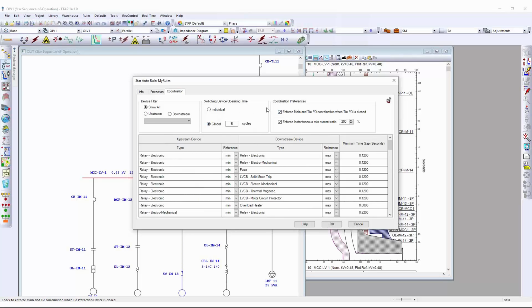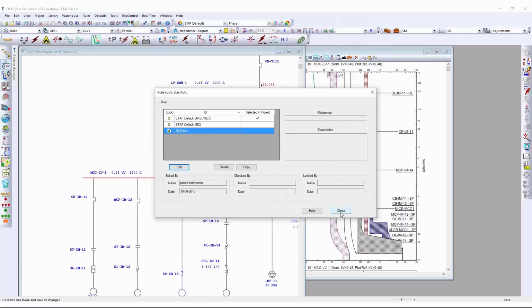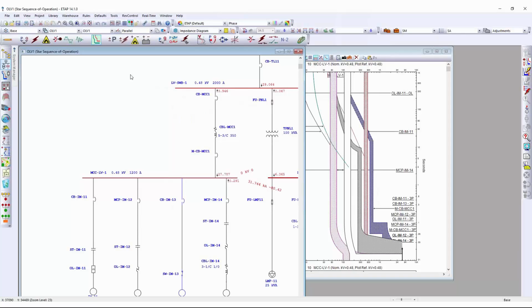We also have the option for coordination between the main and tie and the instantaneous ratio. As you can see, any one of these, like this time margin, can be changed, and you can type in whatever you want, and then follow these rules. In addition to Rulebook, as I showed you,